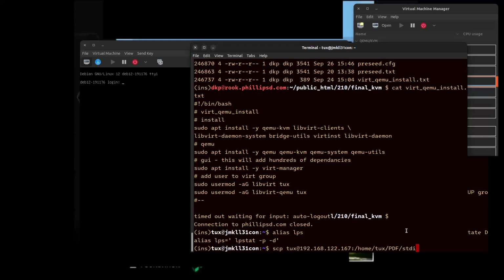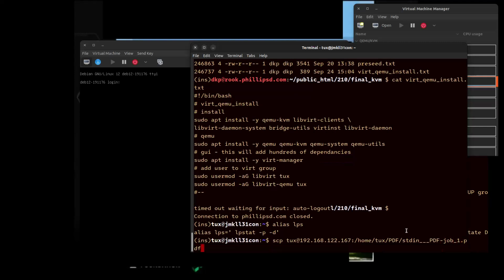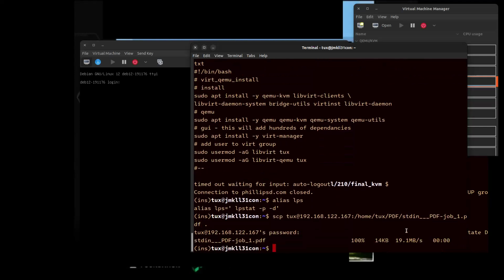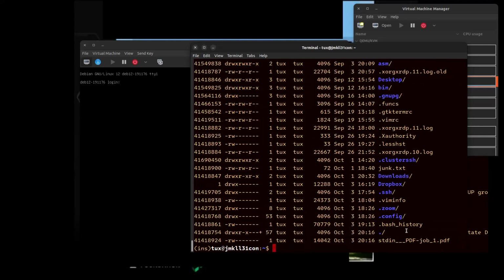STDIN__PDF job_1.pdf to my current working directory. Password. There it is. Now I can simply say LPR